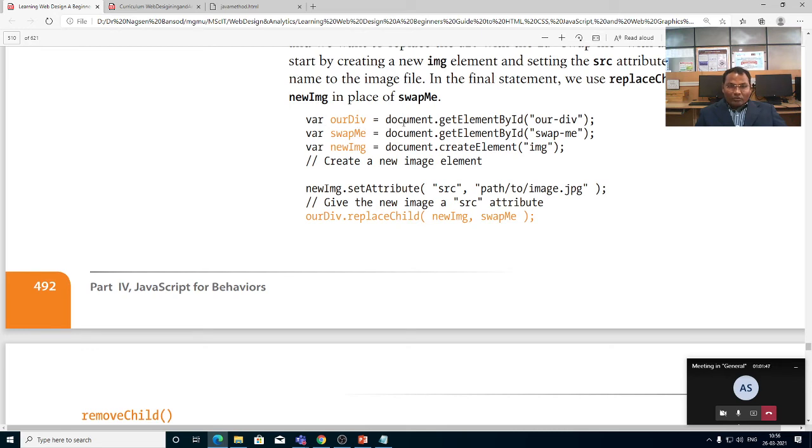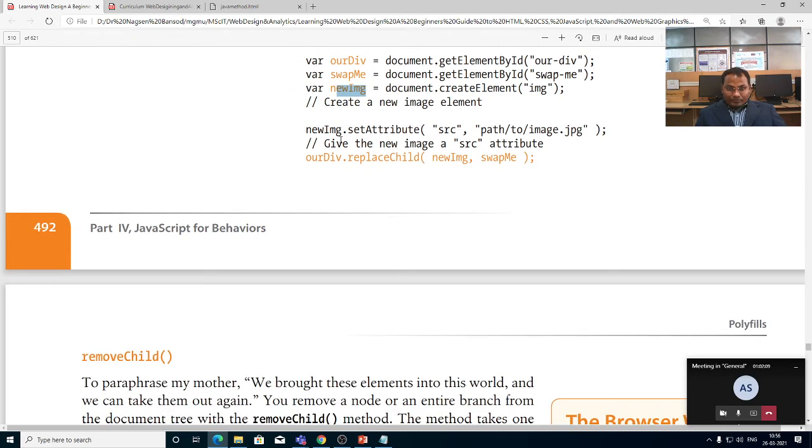Variable our div equal to document dot get element by id our div, then swap me is taken. Then new image equal to create element image is created and stored in the new element.